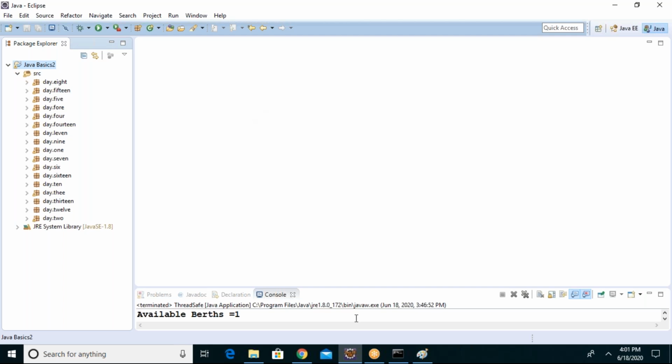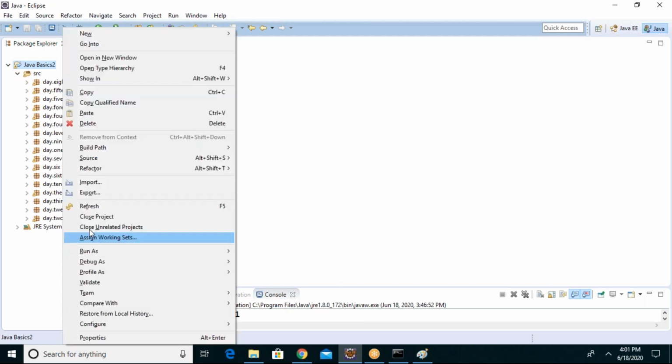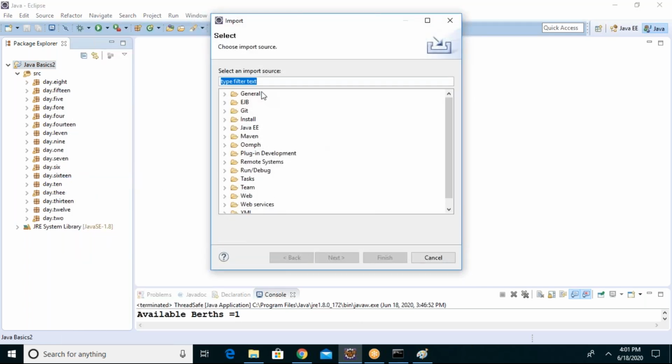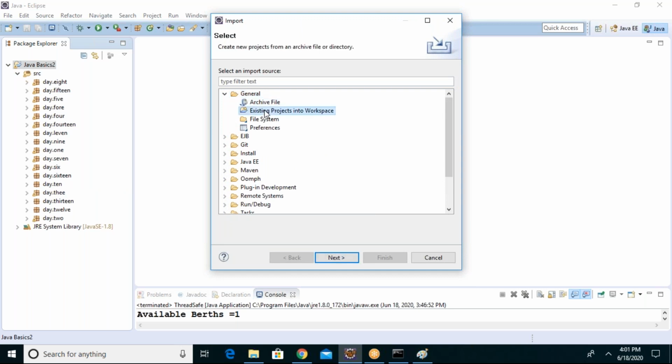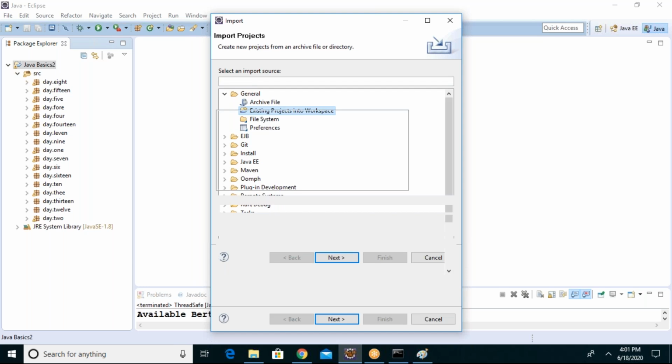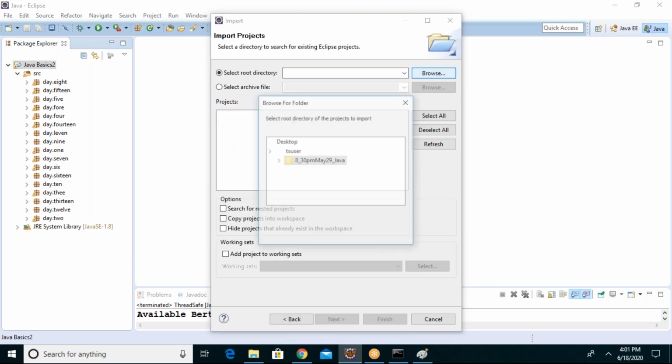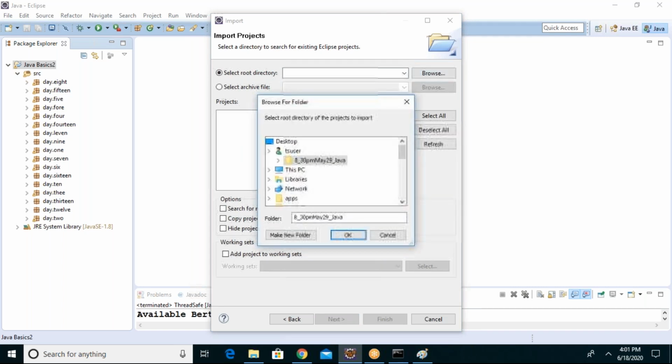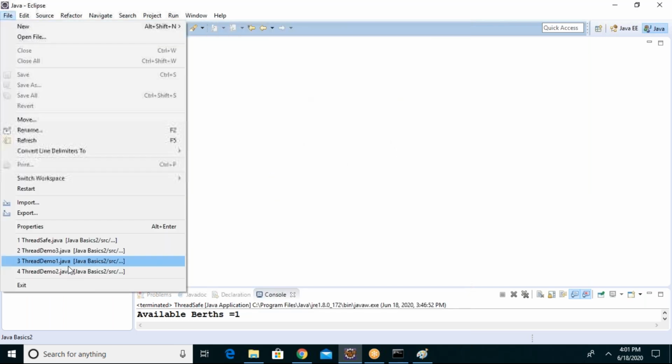What you will do is download the zip file and extract it, then go to your Eclipse and choose import. Remember to choose import and don't go for zip. You extract the zip file after downloading. Then choose Existing Workspace, browse, and select the folder which you extracted. That's it. The project will be in your Eclipse. Now you read that project and explain it completely. Okay, right, guys.